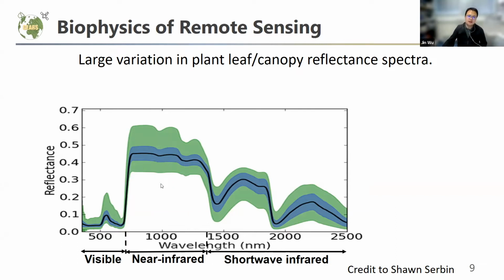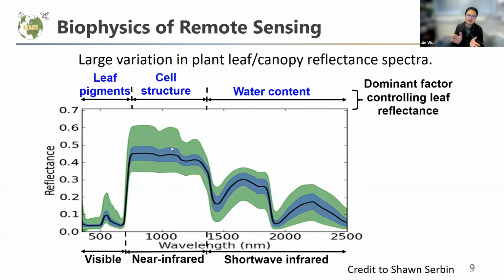So what does that mean? That means that on the one hand, we can easily tell vegetation apart from other things, but at the same time, it also gives us a lot of opportunity to understand the internal properties of plants, for example pigments, cell structure, water content, and so on. And one thing I also want to highlight is the spectral wavelength here. Normally we can divide it into different ranges, and they correspond to different meanings. Visible light, what our naked eye can see, normally corresponds to the spectral range from 400 nanometers to 700 nanometers. And because we know visible light is really important for plant photosynthesis, right?